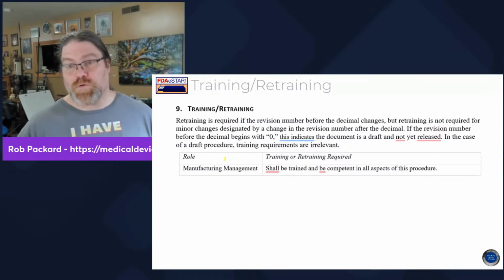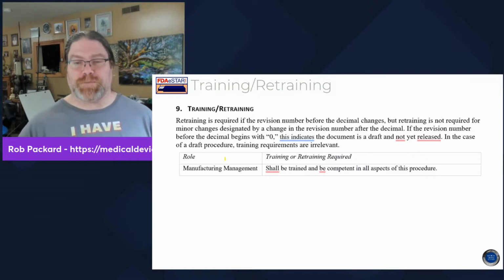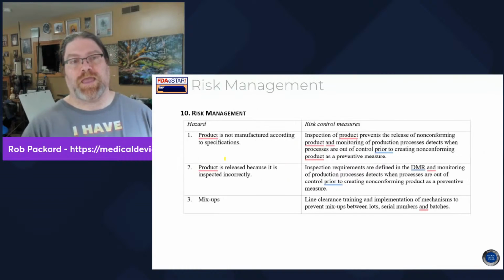For the training, we would expect people to be trained on this procedure in general if they're part of manufacturing management. The people that are actually producing product would be responsible for training on the things in the DMR, not necessarily this procedure. And then